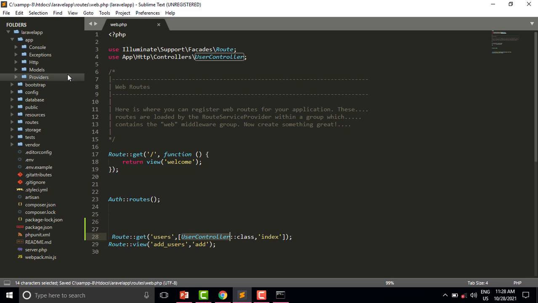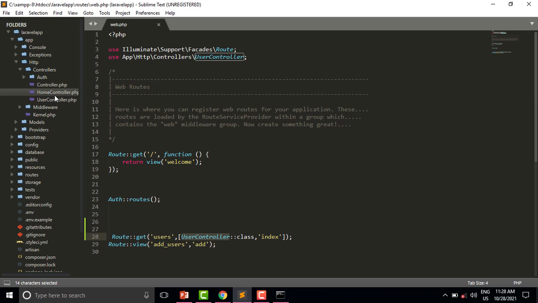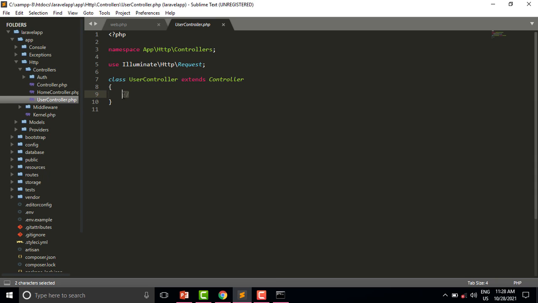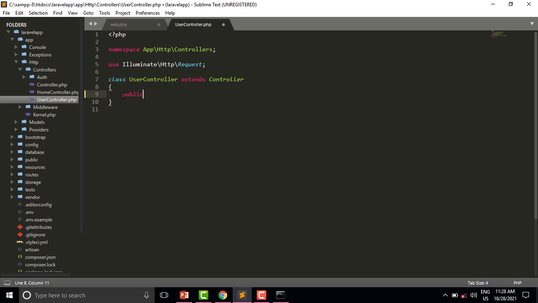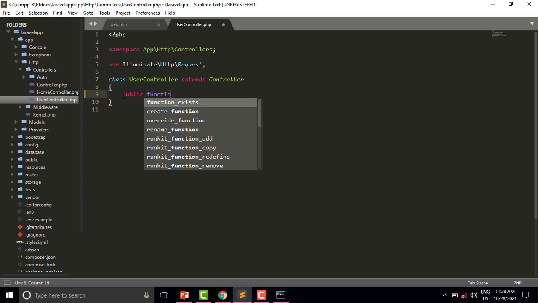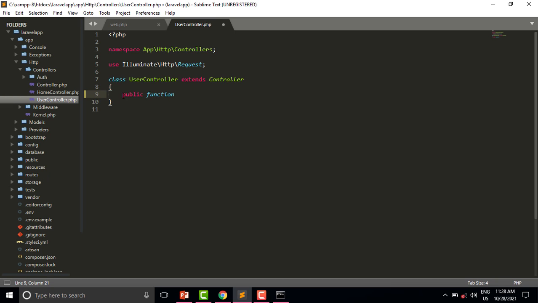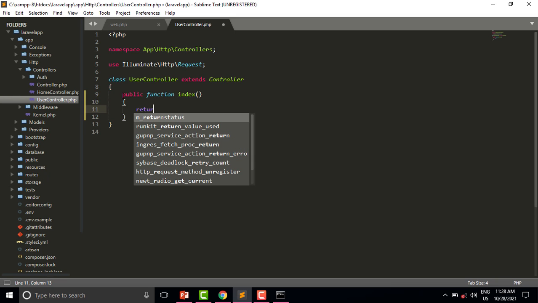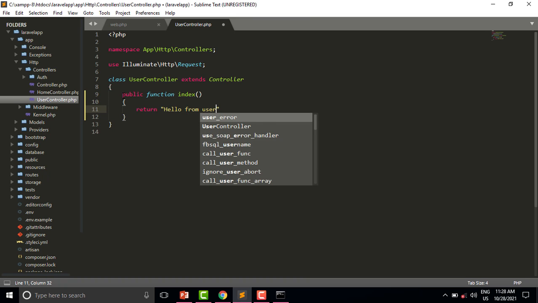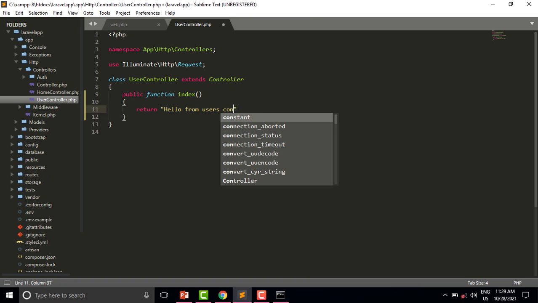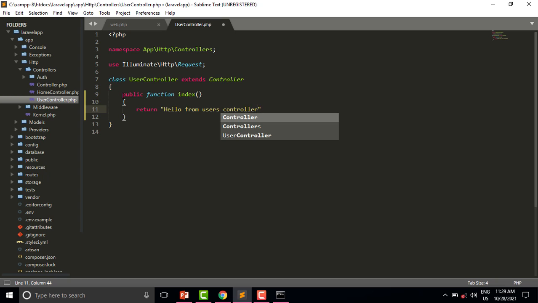So let us create the function in the UserController. public function index, return hello from users controller.